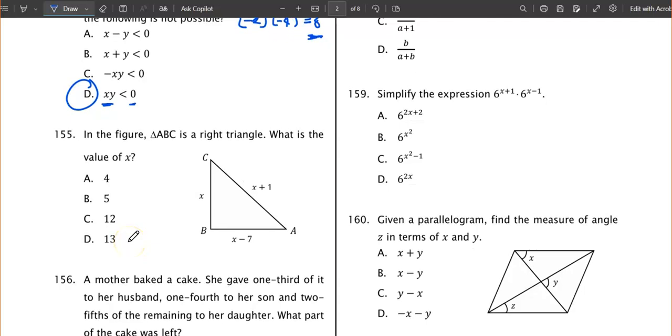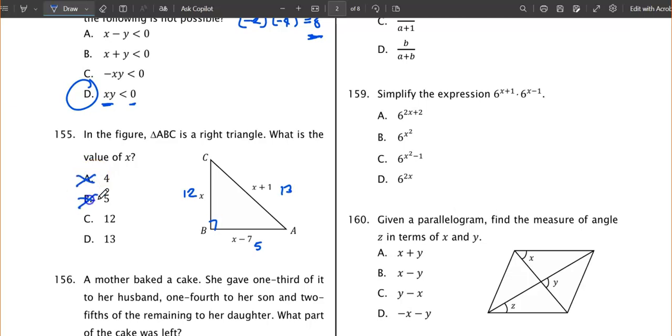155. In the figure, triangle ABC is a right triangle. What is the value of x? So if you know your Pythagorean triple, you can actually easily identify that this will be 12, 5, and 13. Why? If you're going to look at the given,